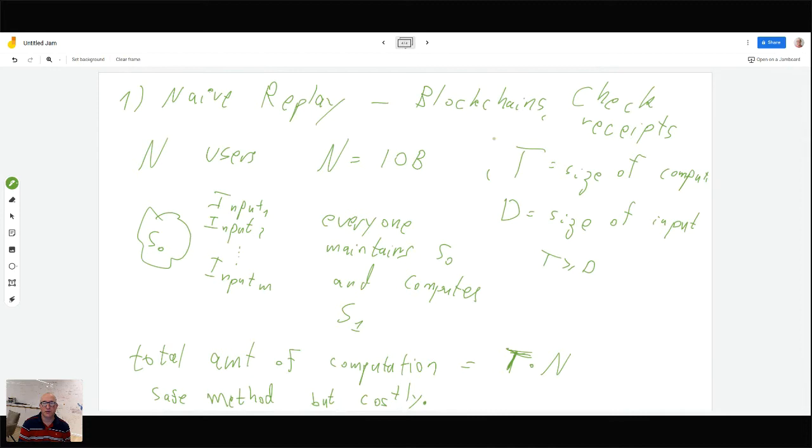And you'll notice here that blockchains really pretty much operate under this. The reason blockchains today have rather limited scale, measured by the number of transactions per second that they can process, is really because they operate under this method of naive replay. They want everyone in the world to be able to hold the system accountable. I often call this inclusive accountability. So you want everyone to be able to hold the system accountable.